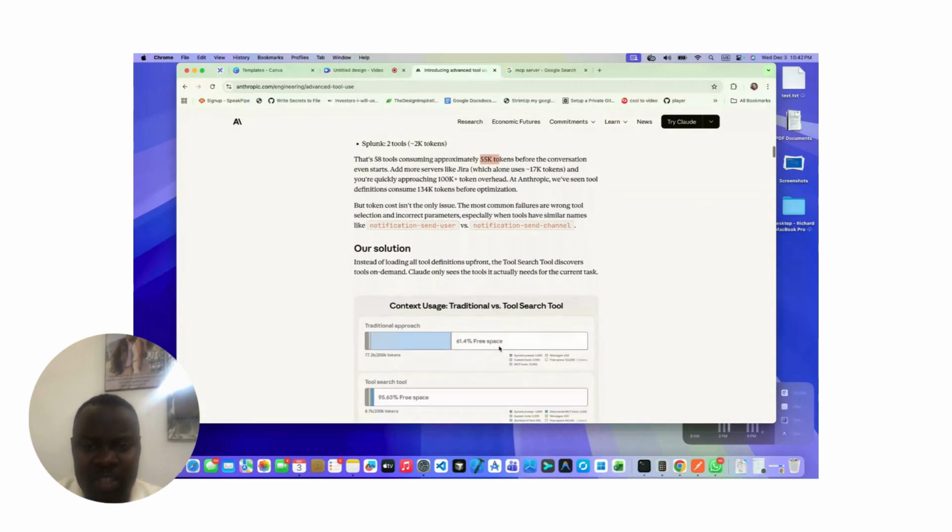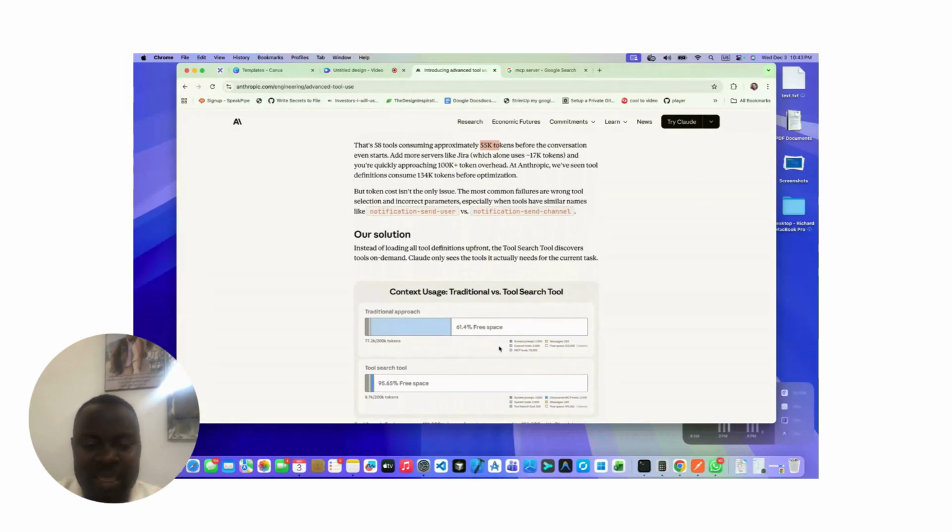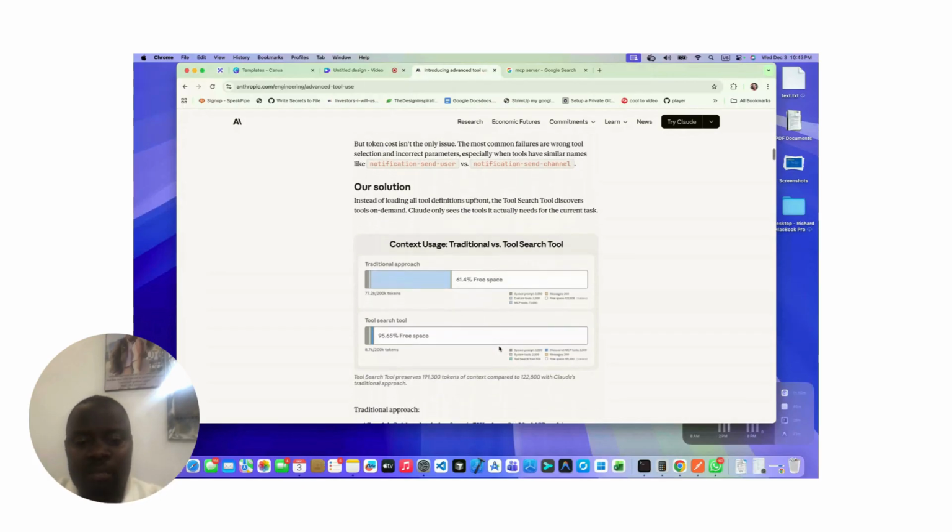So they believe that this solution is going to increase the developer efficiency in terms of cost, because before you needed to spend more tokens before you even start working on the solution. And also I think they are saying that it is going to reduce the space that you're going to consume when using these new MCP protocols they have.